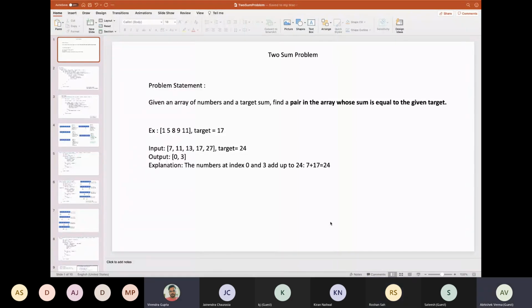Abhishek, one more question. As I can see, there are multiple combinations which can come as the target 24. On what basis and which one do we need to select? Can we ask them? I can see a 0-3 combination as well as 1 and 3; if you add them, it will come to 24. Right. Although the problem statement says find a pair, we can ask the interviewer which pair we are targeting. Are we targeting the first pair which we get, or the last pair?